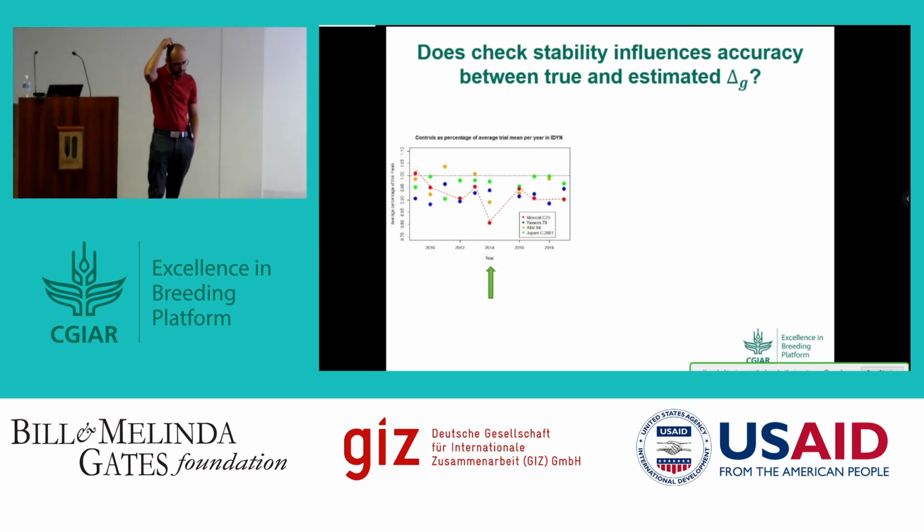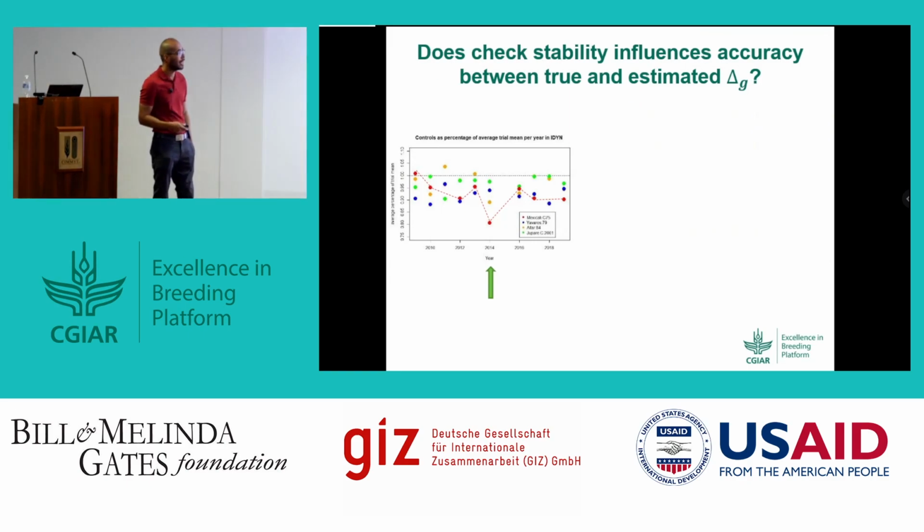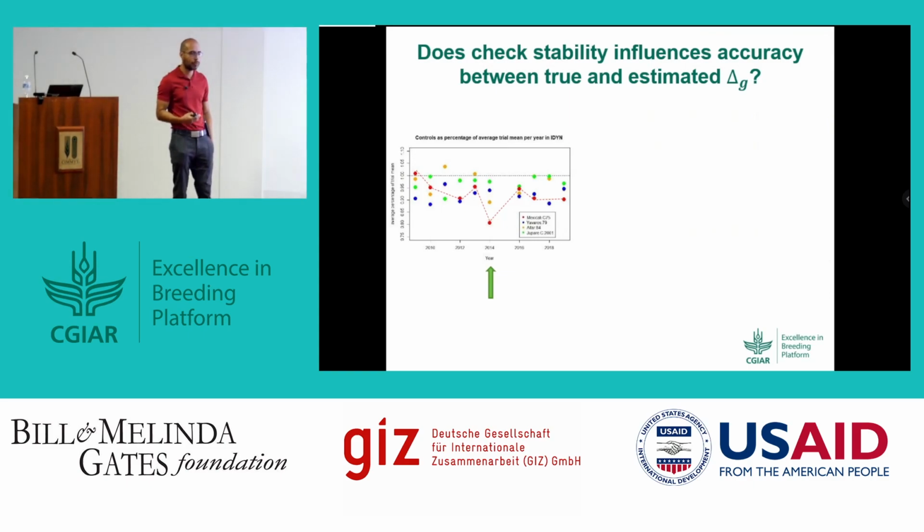Something that some of the biometricians noticed and shared with us is that even the type of check, or the type of material that was connecting the data sets, had an influence on the rate of genetic gain. And that is still a bit concerning for me, right? This makes the job even a bit more difficult, because at this point we were like,